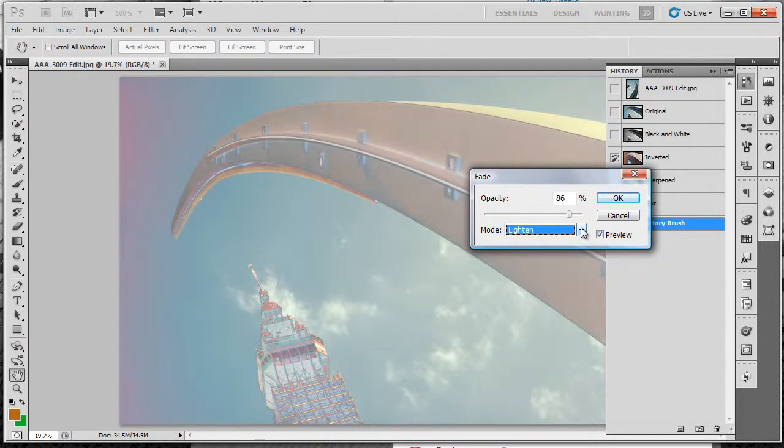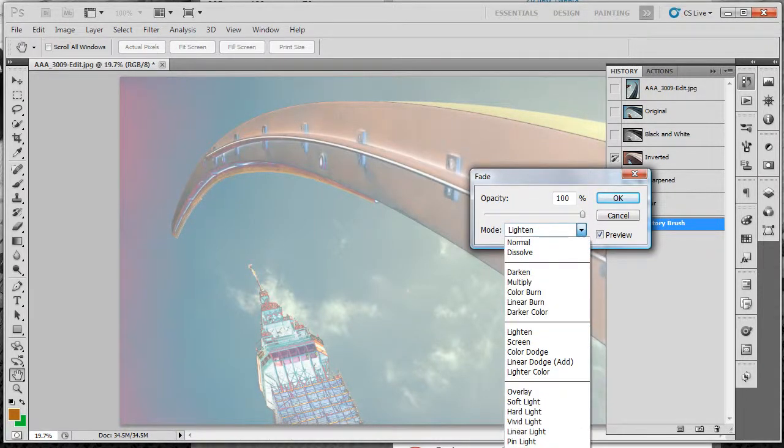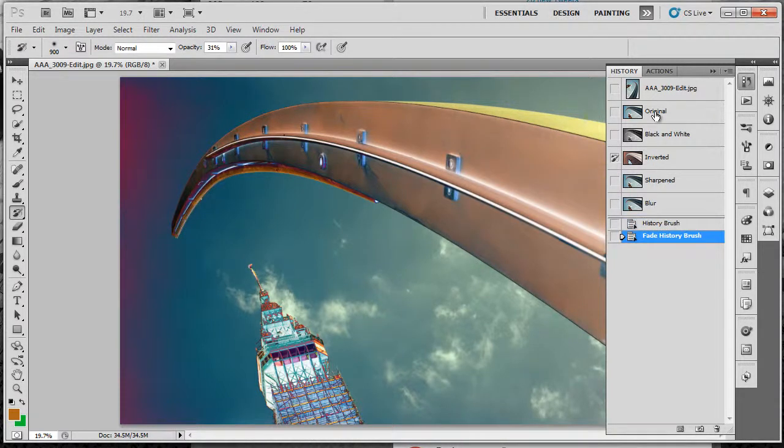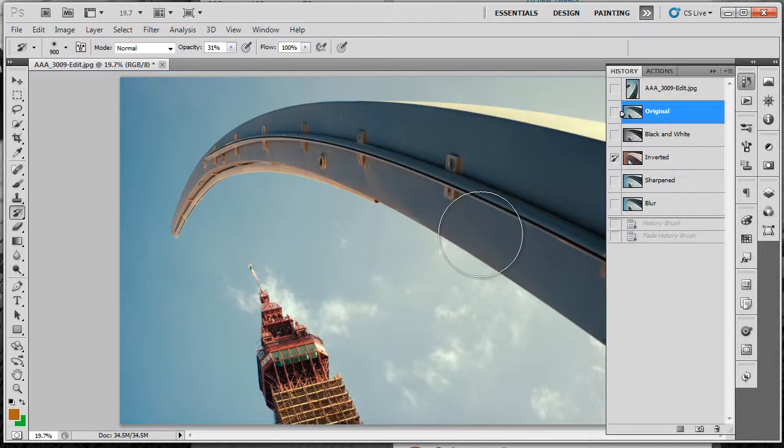Most important thing in Photoshop is to do some non-destructive playing around. Set aside some time to this kind of thing. As usual, if you've got a little notebook, just write down a combination which you think works. Difference, that looks really funky. Looks like you've burnt your film or buried your film, that kind of thing. Let's go back to the original